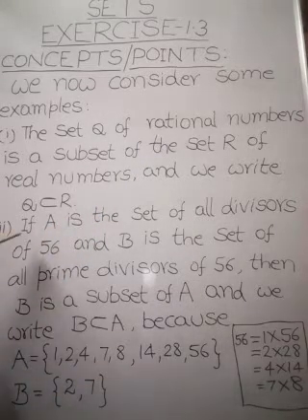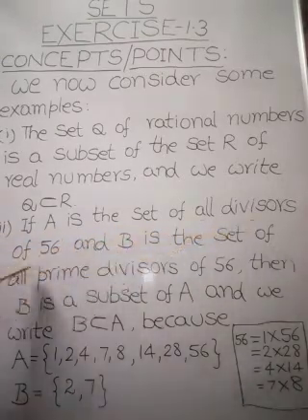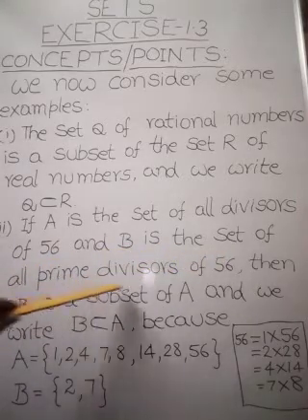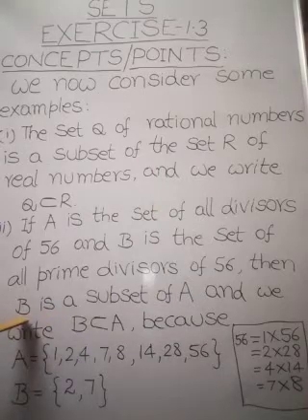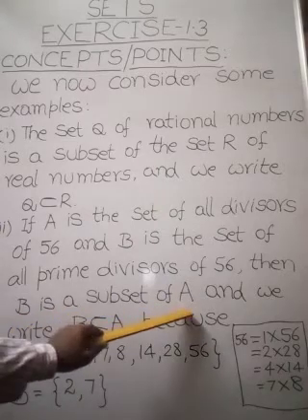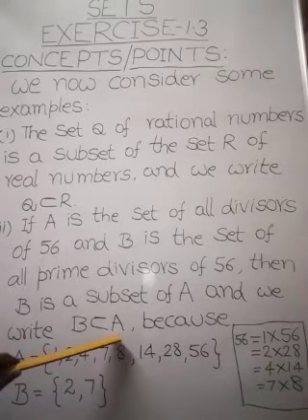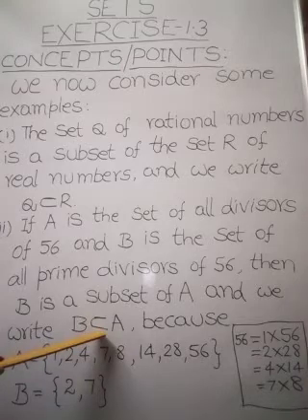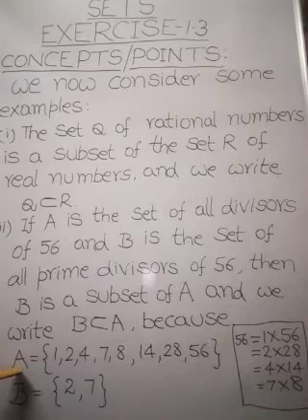Right. Now come to the second example. If A is the set of all divisors of 56 and B is the set of all prime divisors of 56, then we can say that B is a subset of A, and we write B ⊂ A. Okay, my dear children, remember this is read as B is a subset of A, because here let us write